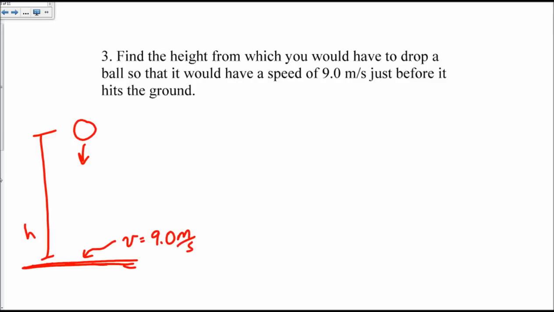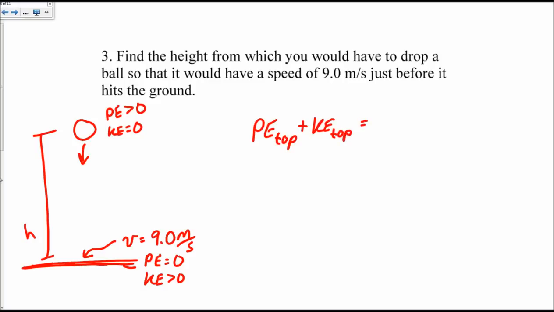All right, so I need to look at my energy. I know that energy is conserved, so the total amount of energy is always the same. At the top, it only has potential energy, and its kinetic energy equals 0 because it's at rest. You're dropping it from rest. The potential energy is something greater than 0. At the bottom, the potential energy equals 0, and the kinetic energy is something greater than 0. So I'm going to take the potential energy at the top plus the kinetic energy at the top equals the potential energy at the bottom plus the kinetic energy at the bottom,